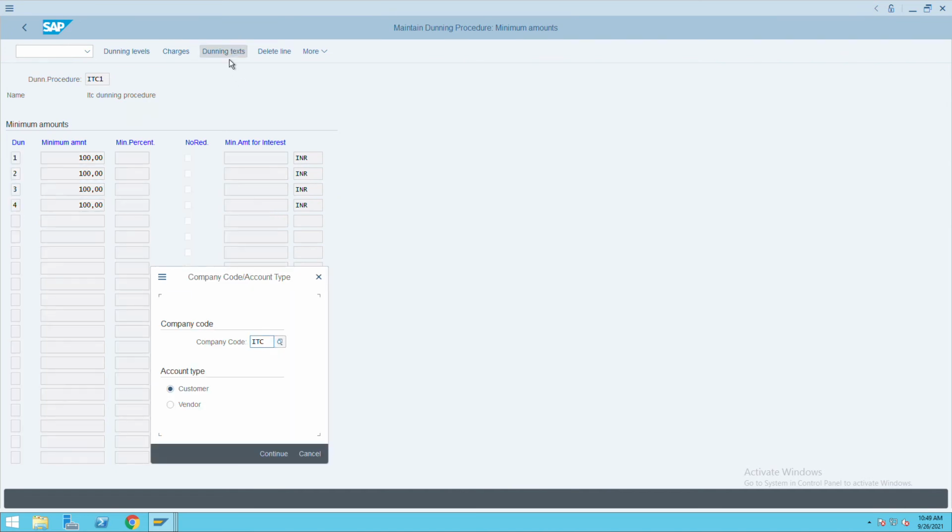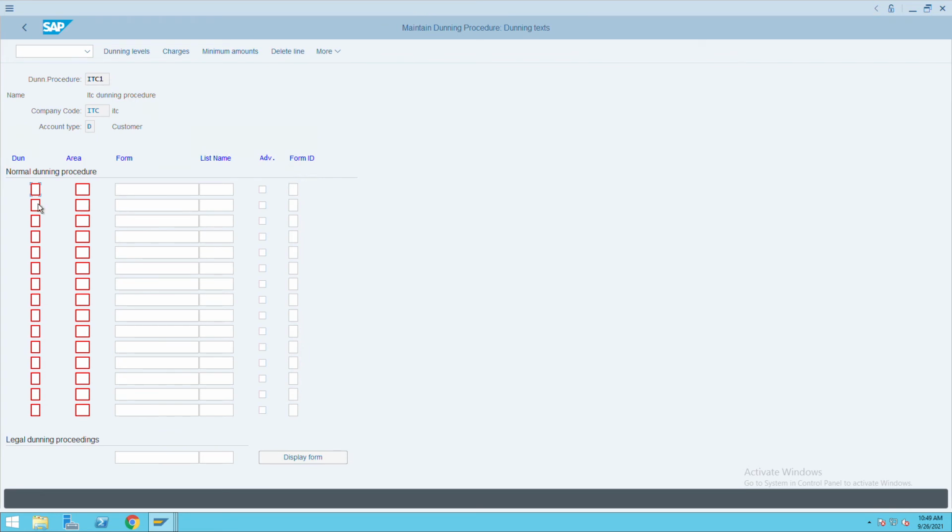So here click on dunning letters again, click on continue. It will ask you for the dunning letters for levels 1, 2, the third level and the fourth level. Here you have to give the letters, the dunning letters which we are going to send.